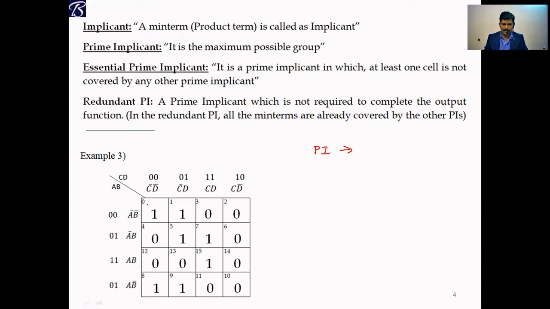So consider this cell number 0, the maximum possibility is a quad here. Let us say this is 1. Now coming to this one, there are two possibilities. So 1 and 5 we can group, and 5 and 7 also we can group. Presently leave it. And coming to this one, 5 and 7 we can group, and 15 and 7 also we can group. So two possibilities are there, presently leave it. Coming to the cell number 15, only one pair is possible. So let us group this one. Let us say this is 2.